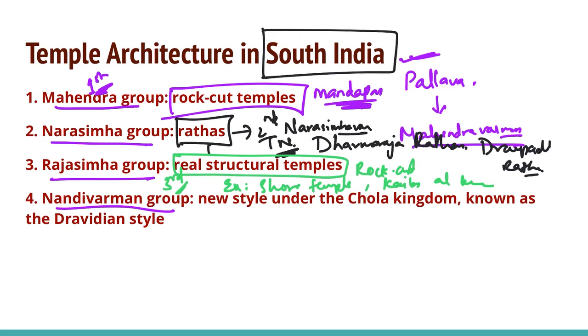Nandivarman group. This is said to be the 4th stage of temple development during the Pallava dynasty. The temples that were built under him were smaller in size. The features were